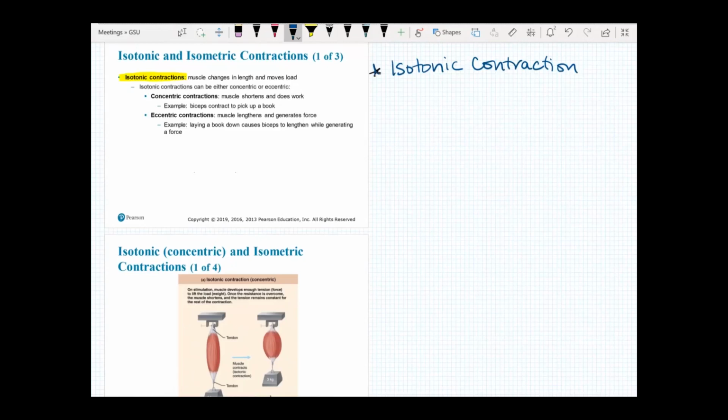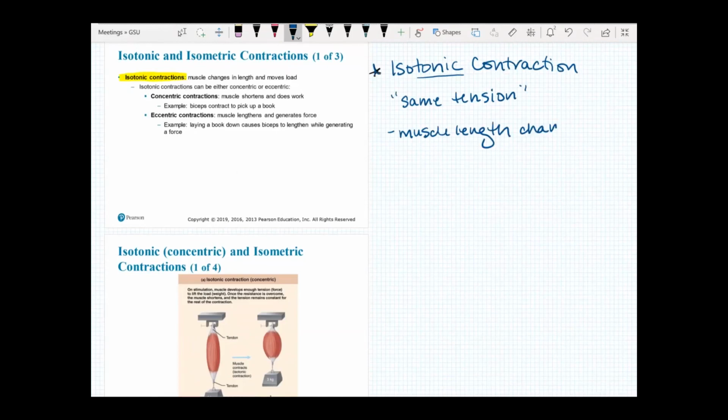So just keep that in mind. We're looking at isotonic contraction. This is going to be the same tension. That is what that means. Iso means same, like an isosceles triangle. They were all the same, all the angles and all the sides. Tonic is going to mean tension. So this is going to be that when the muscle length changes,